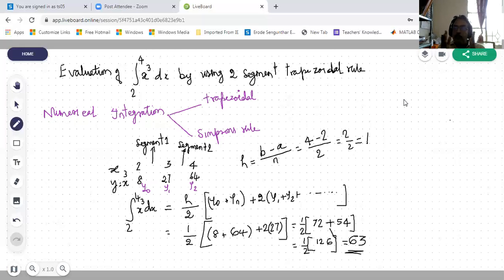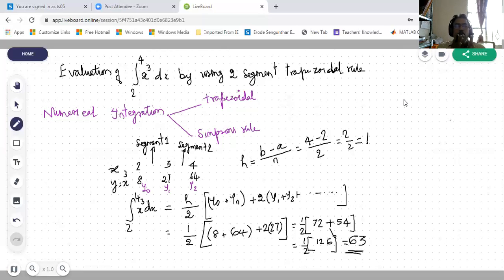Numerical integration is included in all the non-circuit branches, mechanical, chemical, and so on, and also some electrical also. Only the computer science students will be having a different syllabus for the GATE, right? So in numerical integration, we have the trapezoidal rule and Simpson's rule. Both are very famous. In Simpson, we have 1/3 and 3/8. Don't worry about 3/8. You concentrate on